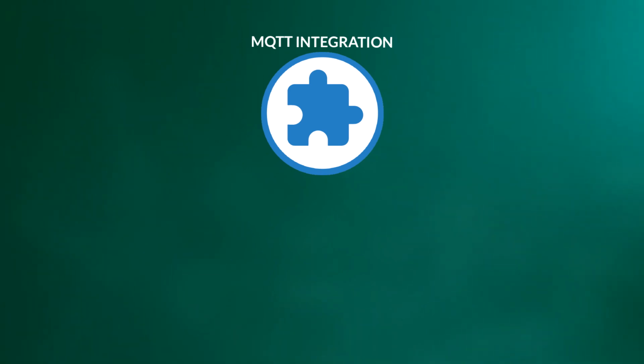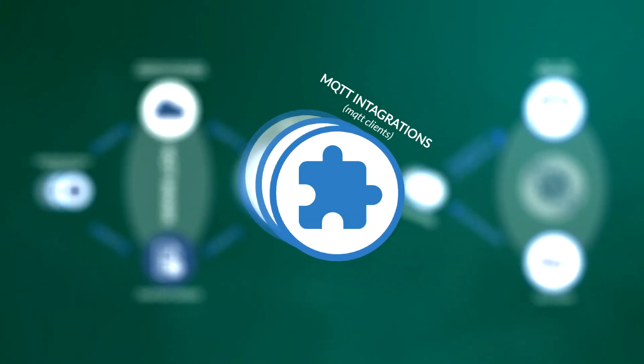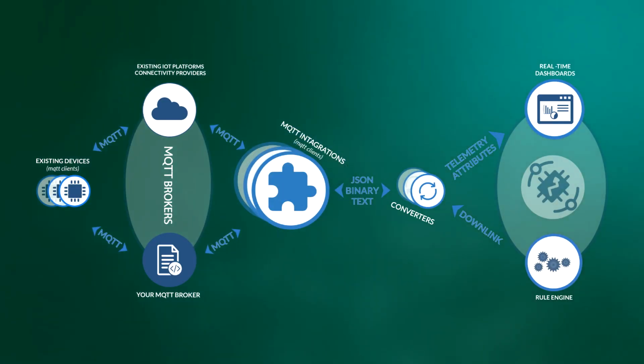Take a brief look at the integration diagram. You can find devices connected to either your own MQTT broker or some other cloud platforms that act as an MQTT broker. ThingsBoard MQTT Integration acts as an MQTT client. It subscribes to topics and converts the data into telemetry and attribute updates. Similarly, in case of downlink message, MQTT integration converts it to the format your device will understand and pushes it